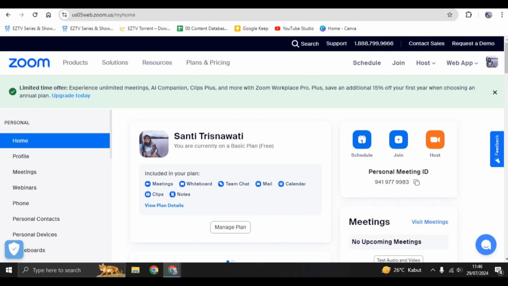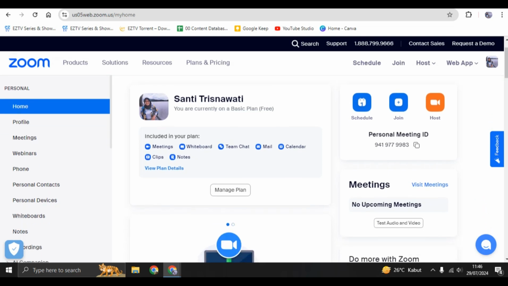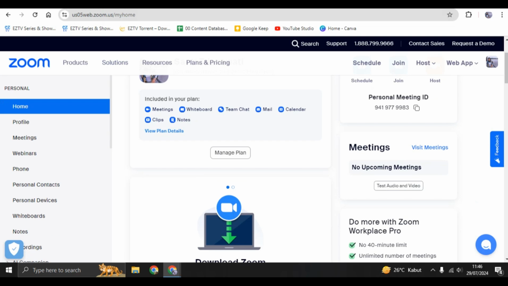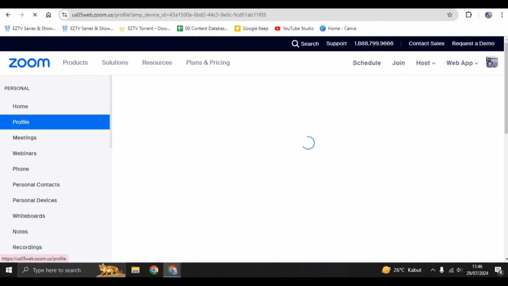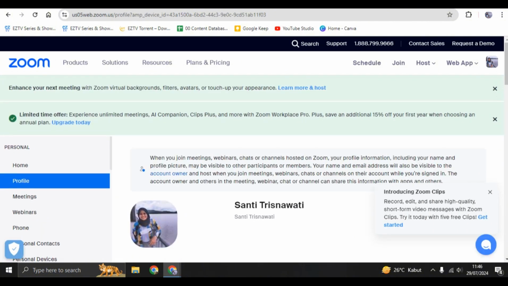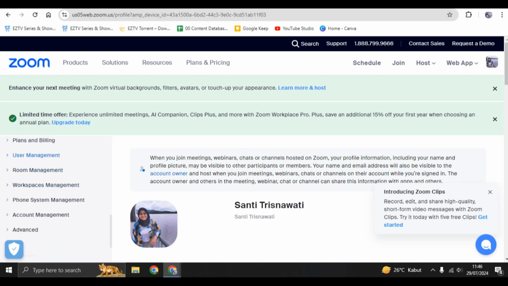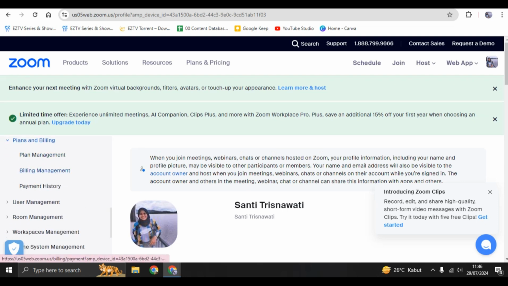On today's tutorial, I'm going to show you how you can get Zoom invoices or receipts. And in here, what you need to do is open your Zoom in your browser. So just sign in to Zoom first, and after that, here you can go to your profile, click on profile, and then just scroll down until you find this admin. You can click on this plans and billing, go to the billing management,